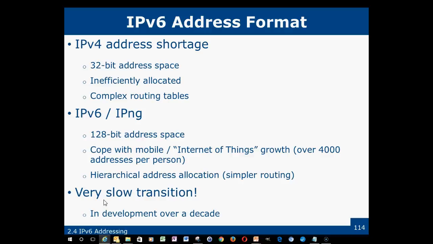IPv6, and IPNG is IP next generation, which is IPv6, has a 128-bit address space, and with that there are 340 undecillion unique addresses. We need those addresses for the Internet of Things, and I think it's Cisco that keeps talking about the Internet of Things, how many devices are actually going to be on the Internet. With that number, there are over 4,000 addresses available right now for every person on Earth, and that's a lot